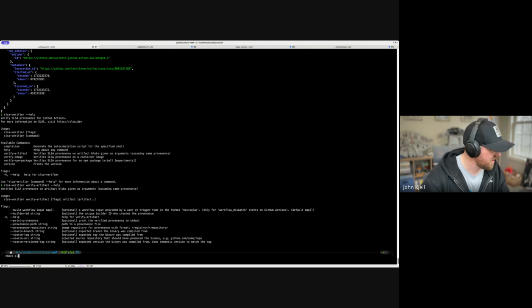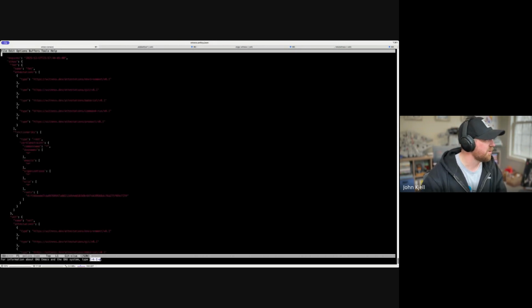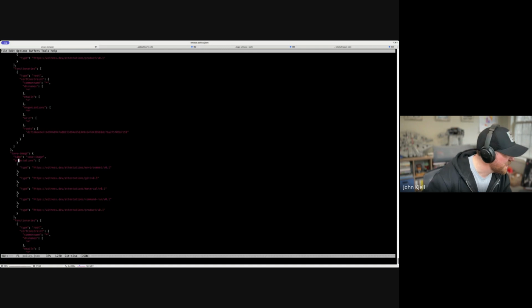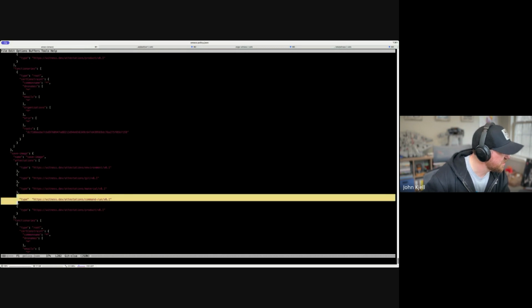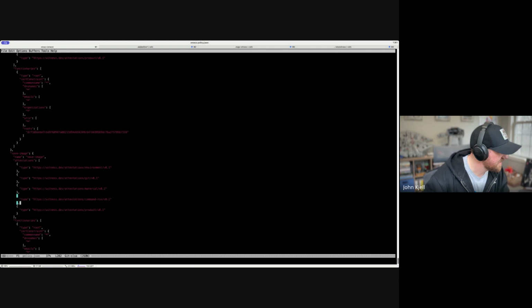Just to trigger people on a Friday, we'll go into Emacs and look for our save image step, and we should be able to just add in a new attestation. And just copy the